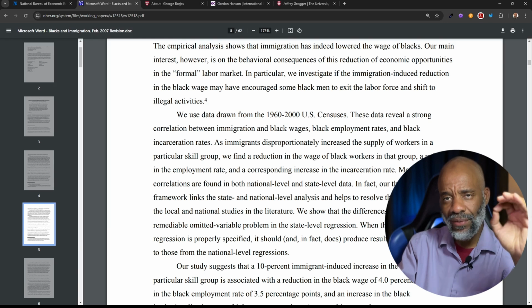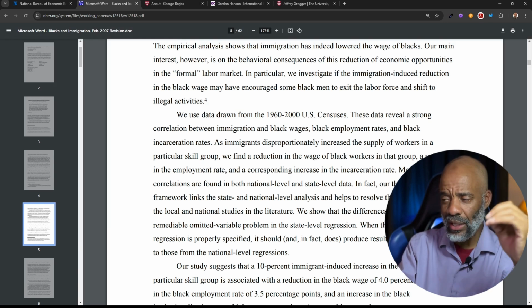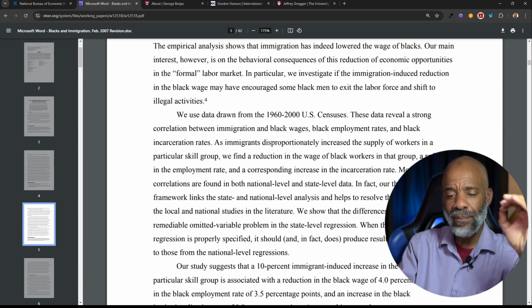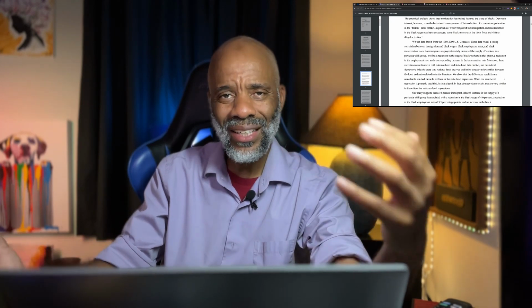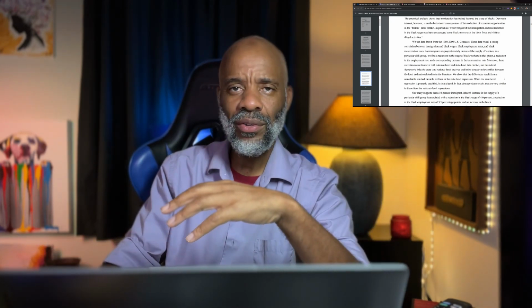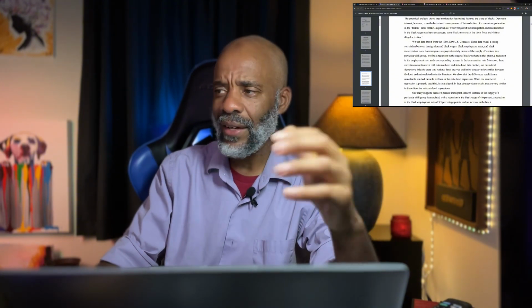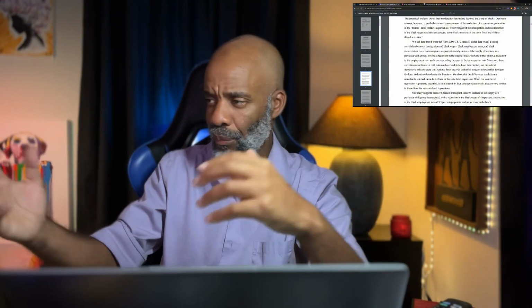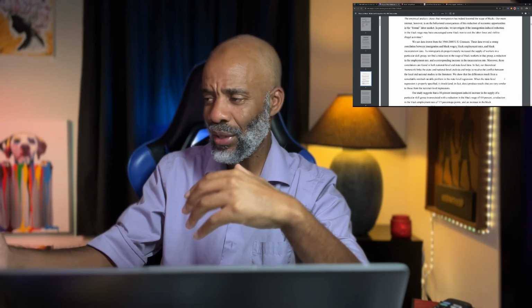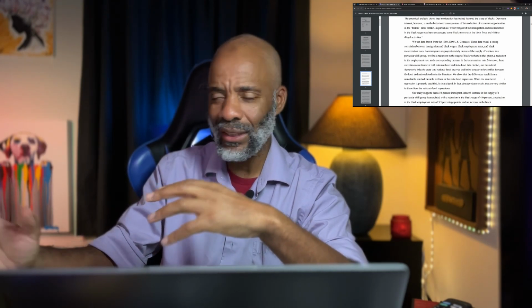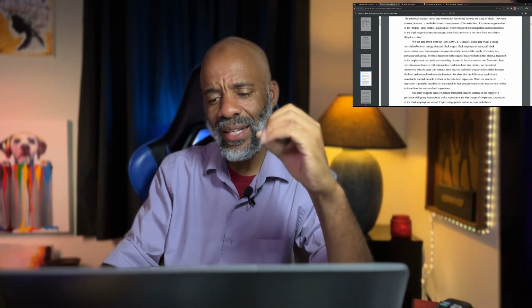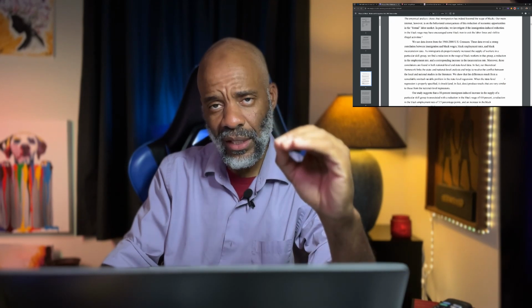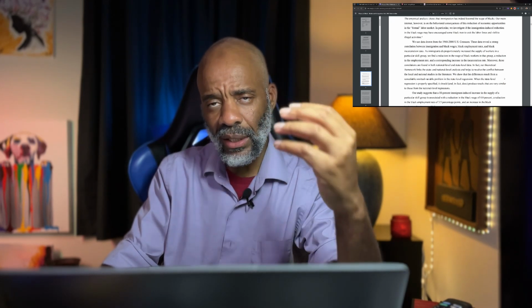But I think it's very interesting. This is a very interesting working paper. And for me, it's clear that this needs to be studied. And that's another thing they said, that this hasn't really been studied. And here are 3 white boys looking at the data, and this must have jumped out to them, which is why they decided to go forward and really look at the data and bring some of these things out. But it hasn't really been studied. And I think that it is very important that it is studied. And I'm definitely going to be looking into this more and more. This is very, very interesting to me.